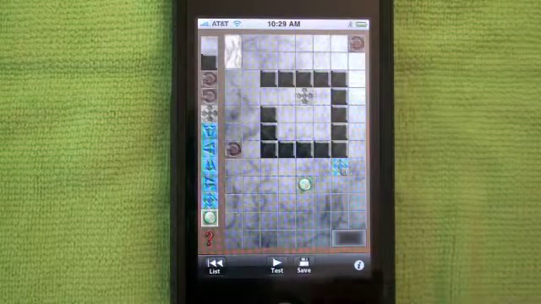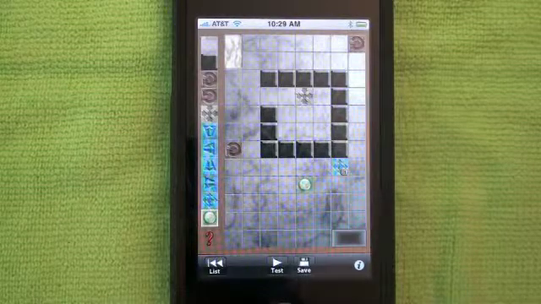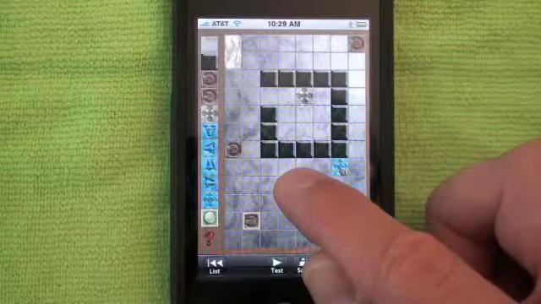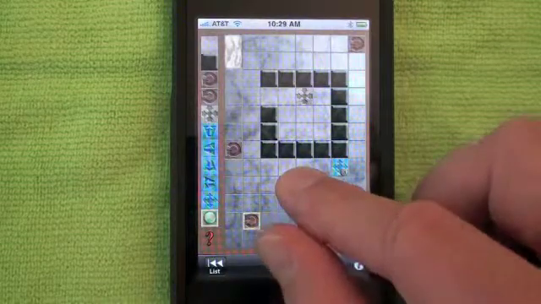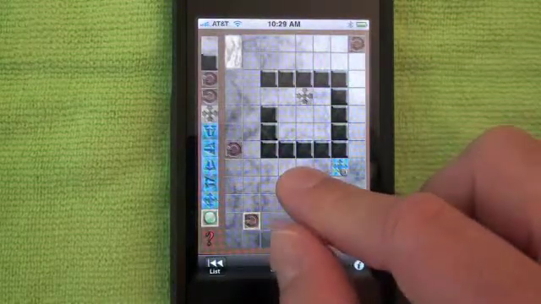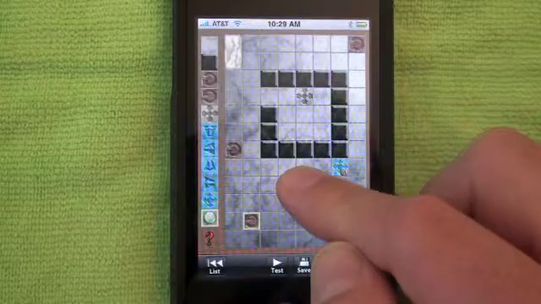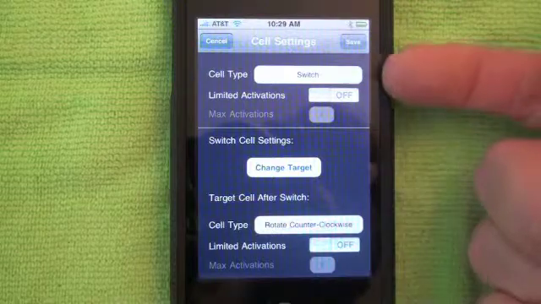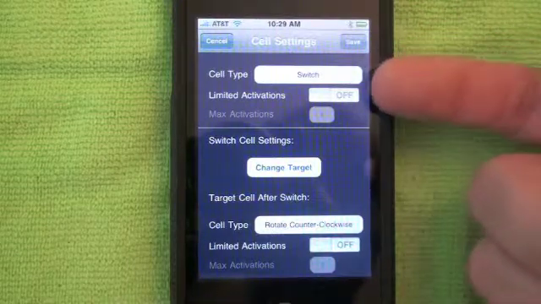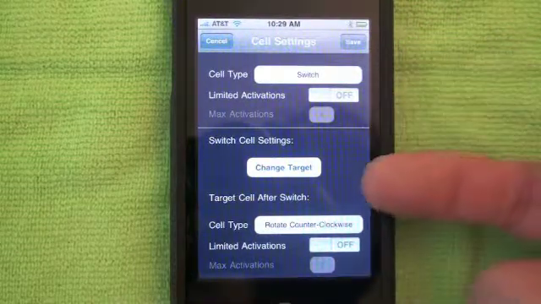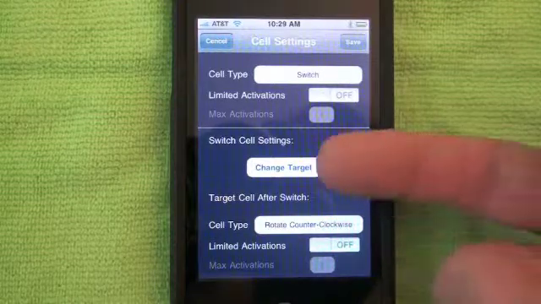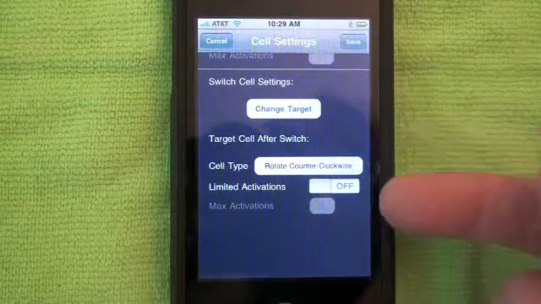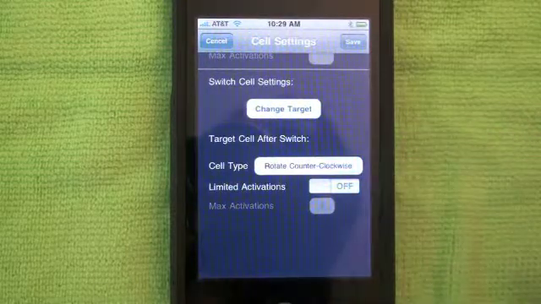Now, as with placing the switch, the switch cell also has a slightly different set of settings. If you hold it for 1 second, you'll see it shows you the target cell and the target cell type of the switch. When you lift, it'll bring up the cell settings dialog, only here not only can you set up the settings for the switch itself, you can also see the target, change the target,